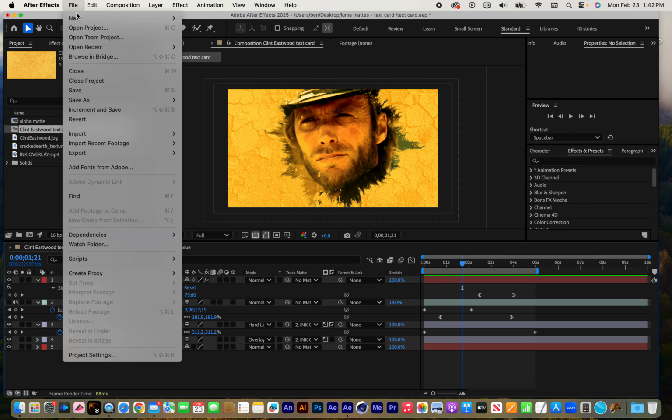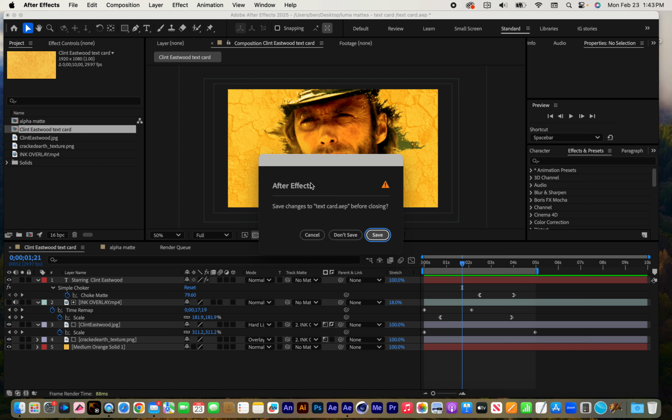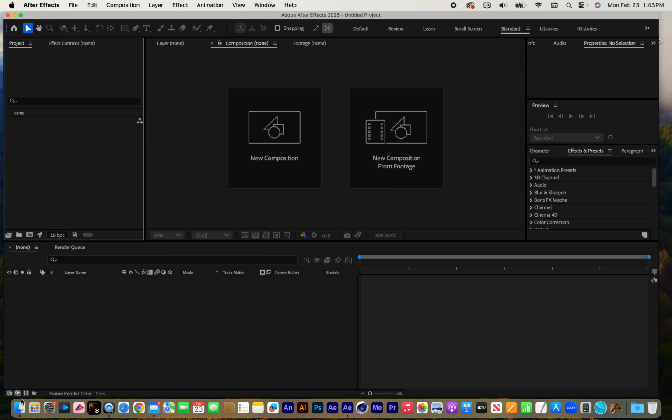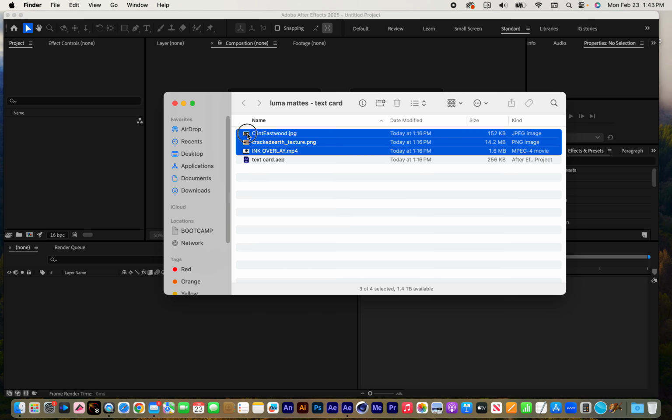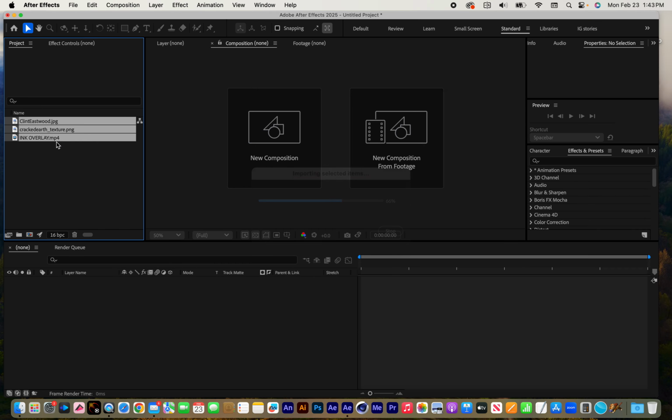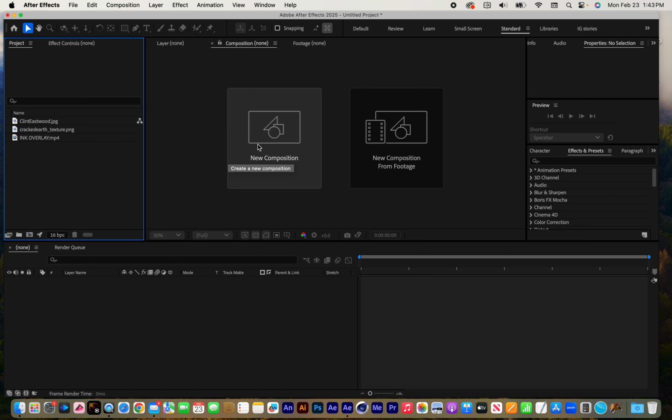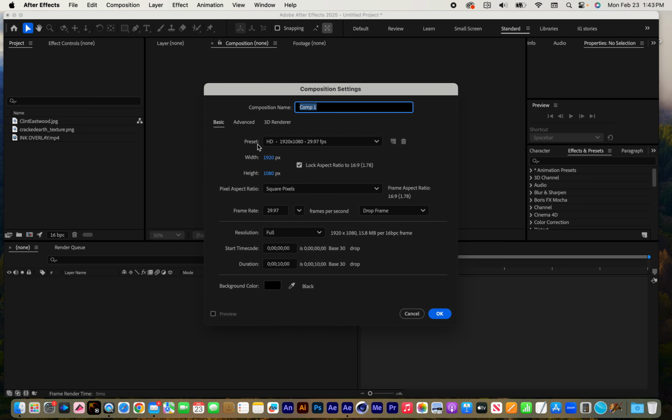So I'm going to start by creating a new project, so I can start from scratch here. I'm going to bring in the three elements. Just drag and drop those across. None of them are layered files, so I don't get any layer options or anything. And I'll go ahead and create a new composition to build in. And I'm going to call this